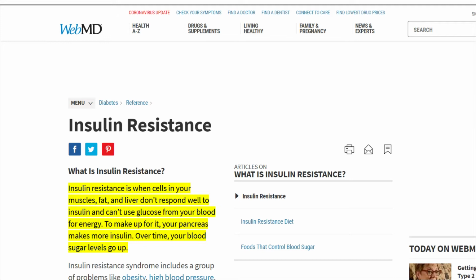Every time we eat, our body converts some of our food into glucose, simple sugars, so that we can use it for energy. This glucose is in our bloodstream. In order for glucose to go into our cells, our tissues, it needs insulin to take it there. So every time we have glucose entering our bloodstream, our pancreas releases insulin to match it. And that all works great until it doesn't.